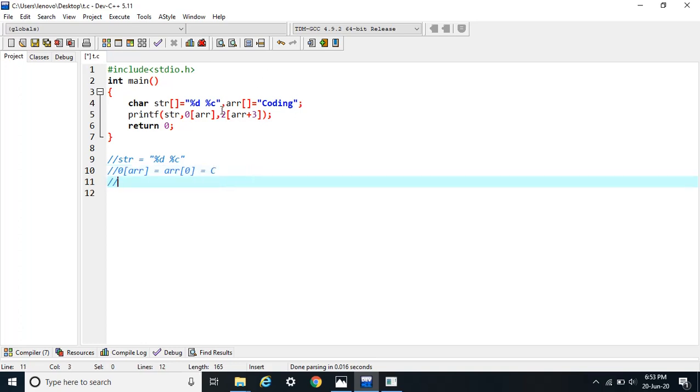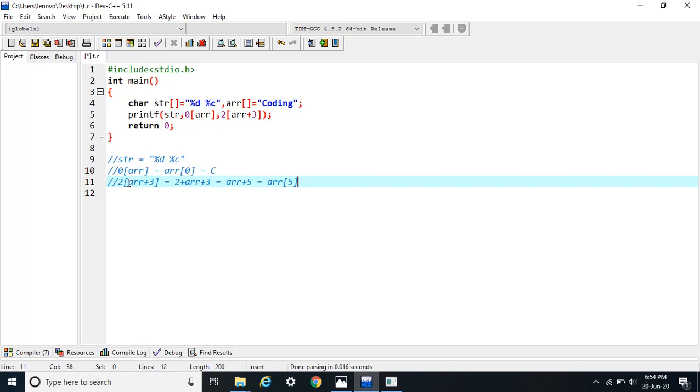Now this third part. So here this is equivalent to 2 plus array plus 3, or we can say that array plus 5 or array 5 in simpler terms. These all are same. So what does it mean?